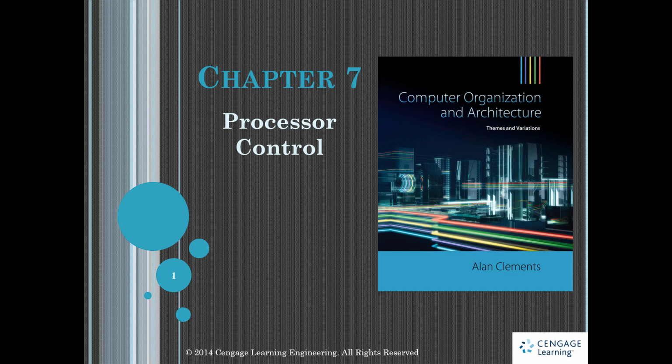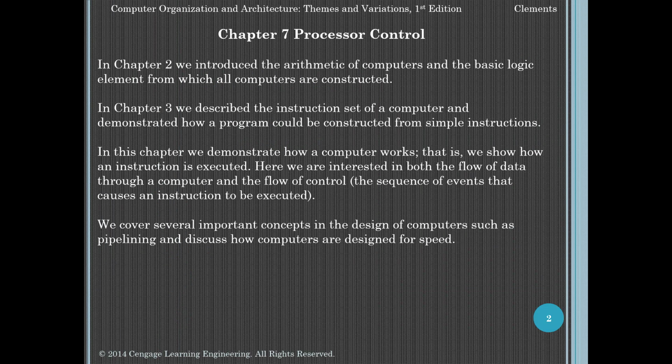So here we are in Chapter 7 over processor control. And we're ready to talk about really how does a computer work? Up to this point, in Chapter 2 we talked about arithmetic of computers and basic logic. In Chapter 3 we talked about instruction set and how a program could be constructed from those instructions. We're at a place where we can provide some of the answers to the question of how are computers so